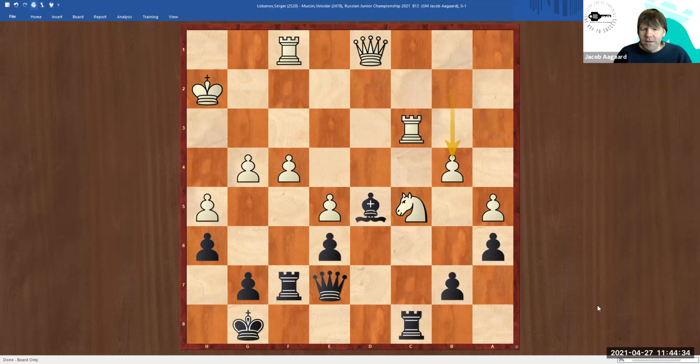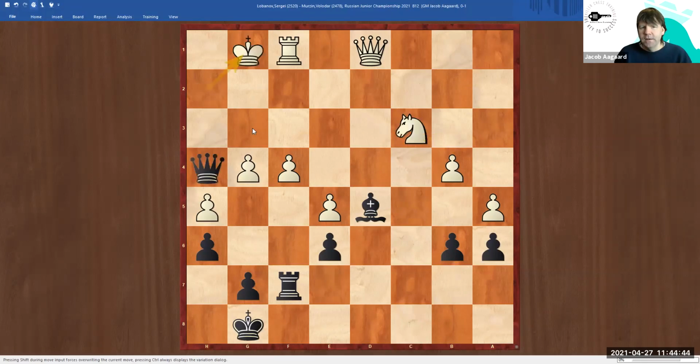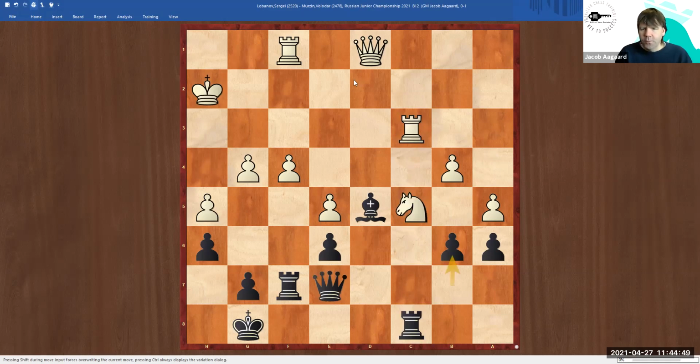So here, Voldemar, he played b6, undermining the knight. Again, the knight cannot move. Like, for example, if the knight goes here, we take, and again, we have checkmate. So white has no real choice but to take the pawn, and then comes the real point of black's play, which is undermining the knight here. We can see that if white chooses to take this pawn, we will take here,